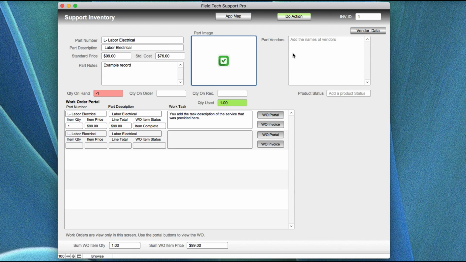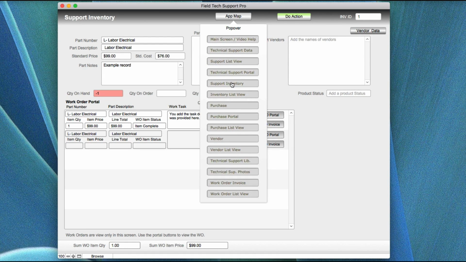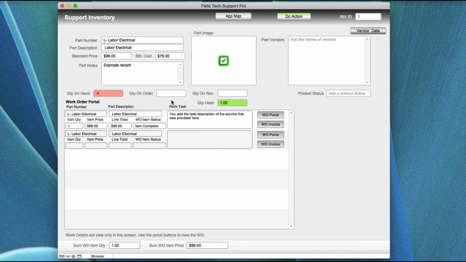Okay, so that pretty well covers this screen. Let's go back in and go down here. We did support inventory. Now we're going to go to the list view. Now, one of the things I want to point out before we leave here is that if you did have